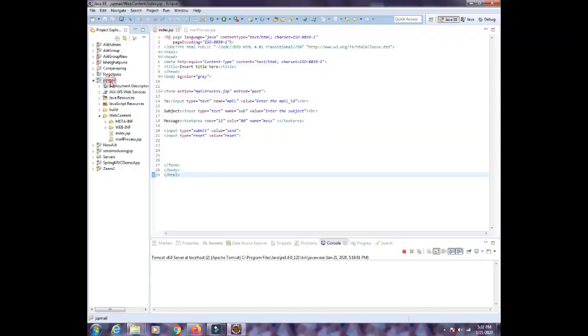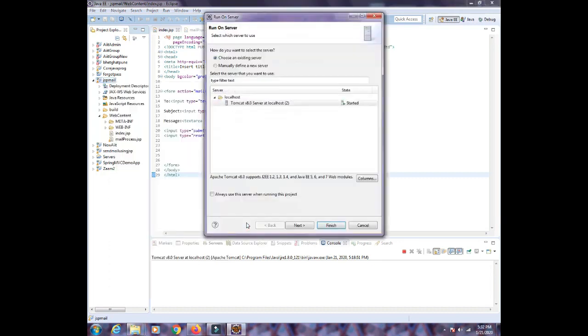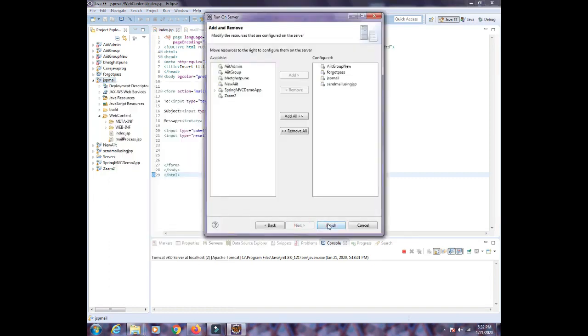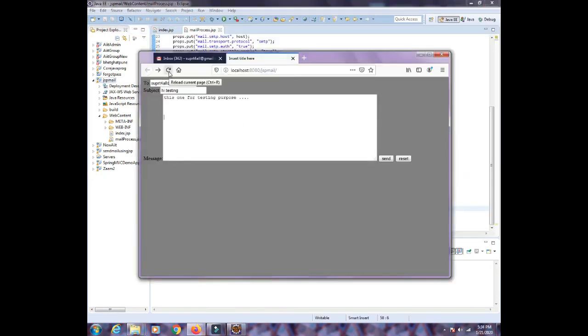So let's run this program. You check it, go and run on the server. Here you click on the send button. When we click the send button, it is sent to the support address at gmail.com, and the subject shown here is "hi testing", and this is for testing purpose.